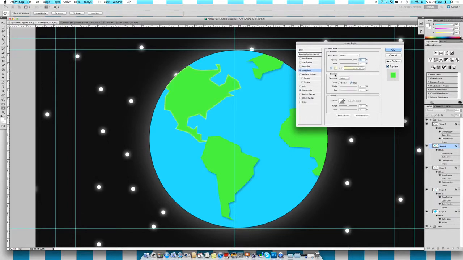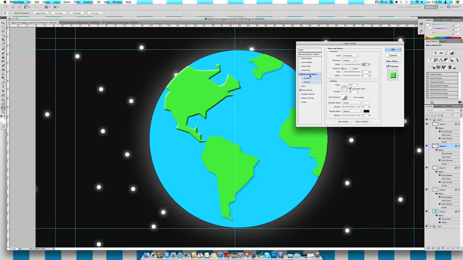Our inner glow is exactly like drop shadow and inner shadow. All of these settings are the same, so I'm not even really going to touch on it. Then we've got bevel and emboss, which can help bring your objects out. I hate to use this in most cases because I don't think that it looks very good at all, but I don't blame you if you have a totally different taste and you look at this right now and you think, wow, that's amazing, that deserves to be in a multi-million-dollar car ad. But anyway, so these are the different types of embossing. You can basically just look through them and see how it looks. I reckon that if I had to use one of the types of embossing, it would just be emboss, and